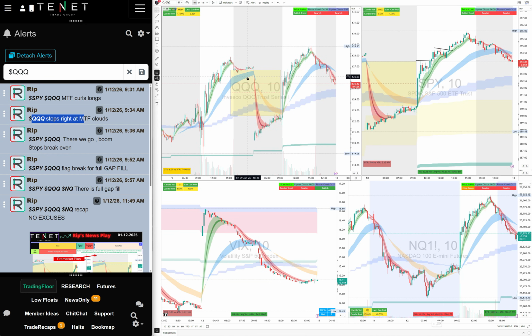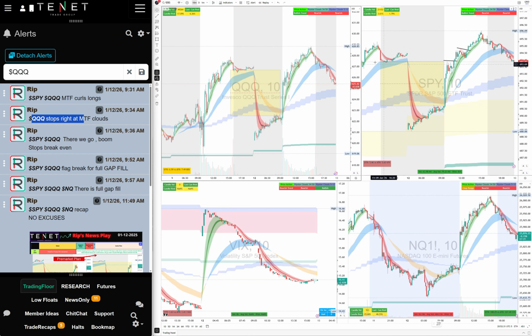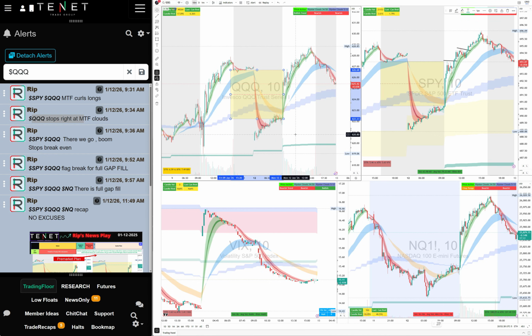Although we are long here, there's a gap. The gap is the area between yesterday's close and today's open. So this was our gap. We always target the gap. How to find the targets? The full gap fill, the 50% gap fill. You can draw the Fibonacci. I often teach you it's opposite of gap and crap. You can draw a Fibonacci, or you can use ATR levels for your targets.